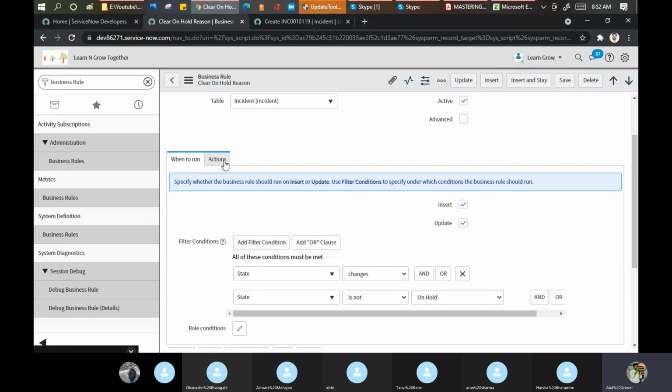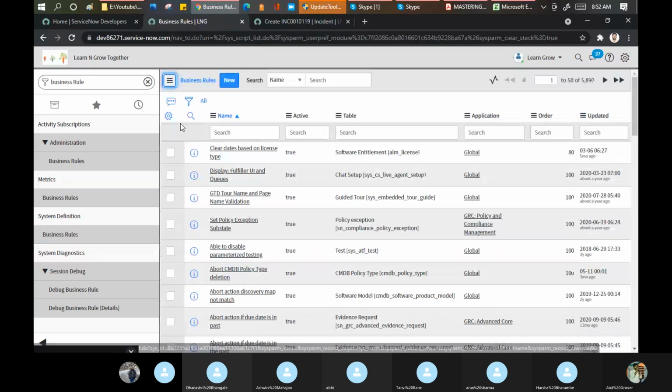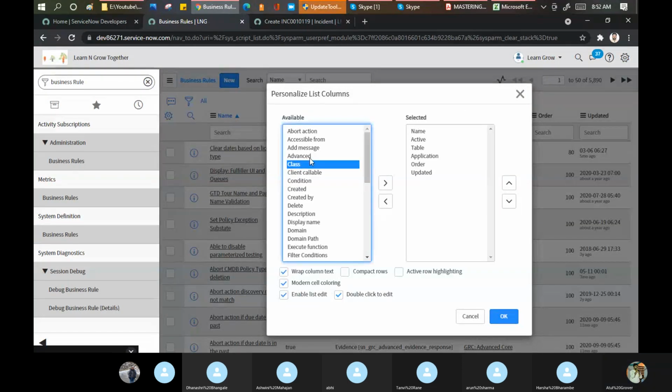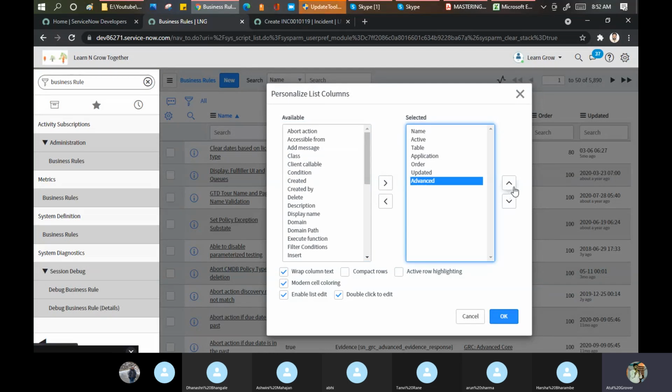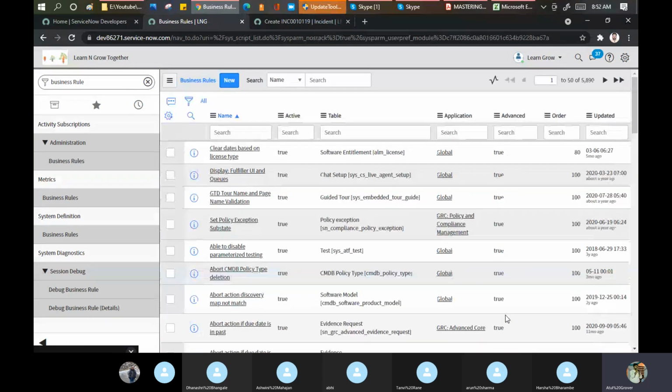Okay, because they are not using the advanced option here. If I click on advanced, let me open anything which is advanced as well, so I can show the code.